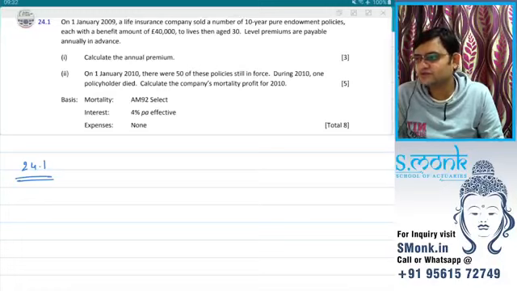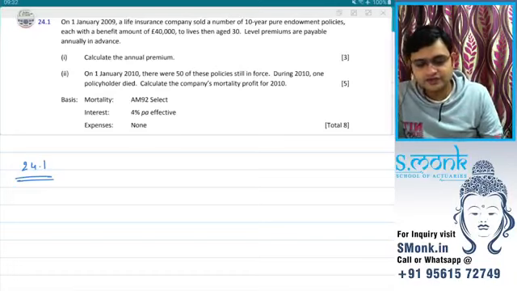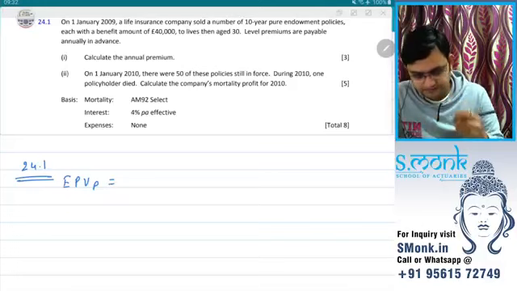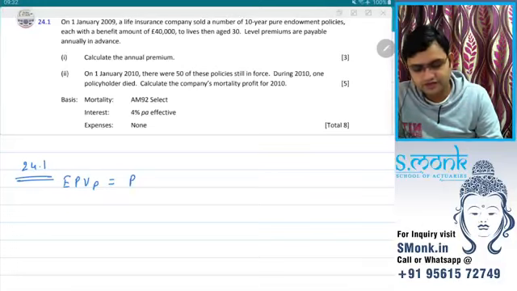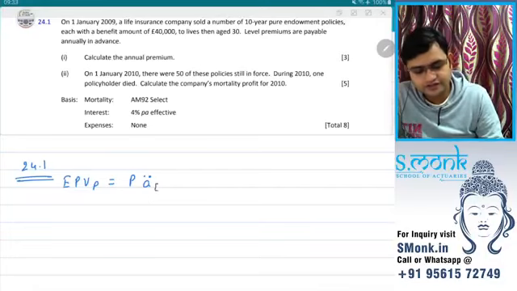Calculate the annual premium. So let's calculate the annual premium first. You can directly make the equation when the expenses and stuff are not much, but this is what usually I do. Expected present value of premium. So level premium in advance, a-double-dot, for what? 10-year endowment policy. You can see mortality is AM92 select. So I will have select 30 for 10 years. And expected present value of benefit would be